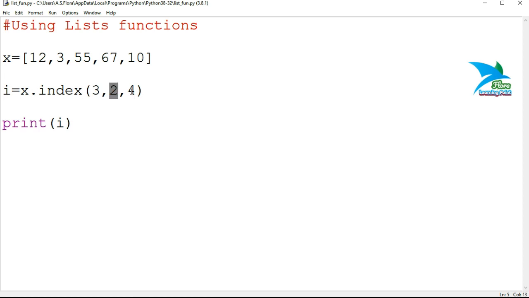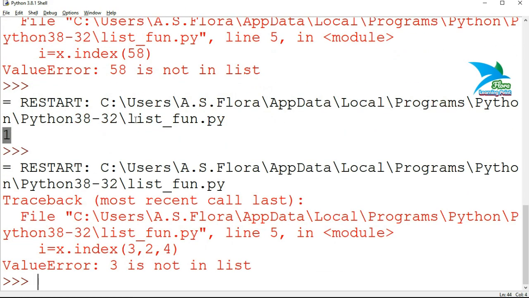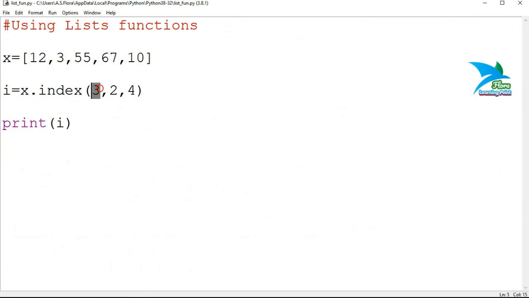So the starting position for the search is 2, and the end position is 4. That means it will search for this element starting from this index position till this index position.